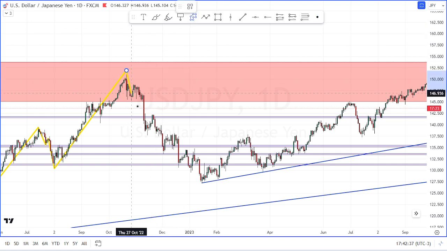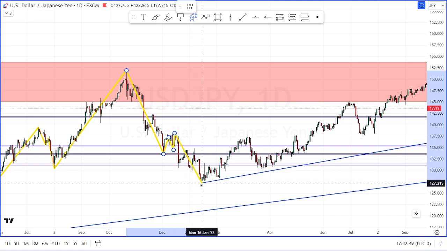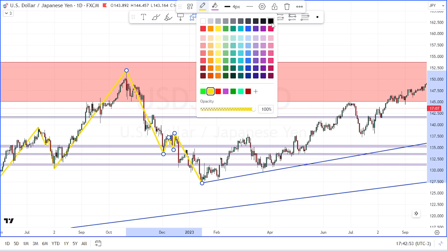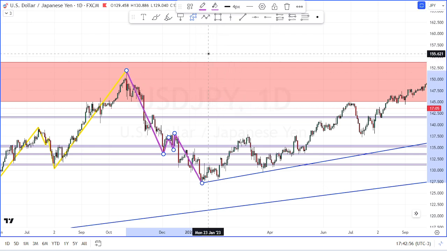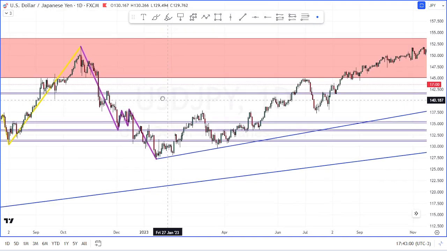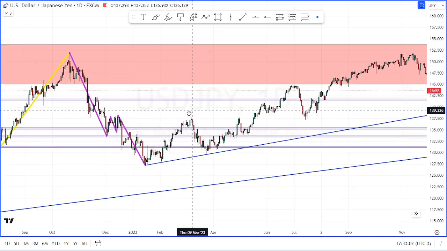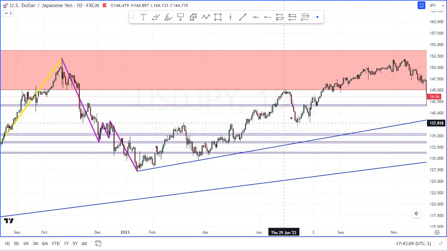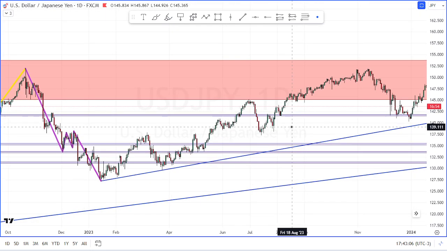So then we have extension, we have a retracement here, we have higher highs here, we have higher lows here, we have higher highs here. So the market made its extension and retracement, now another extension right here. All right guys, right here, the market now gave us another new market structure on the daily time frame. So market structure